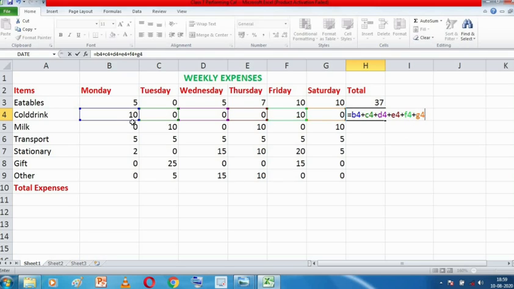Now all the cells from B4 to G4 have been selected, and I am going to press the Enter key. Now notice that over here is a formula.